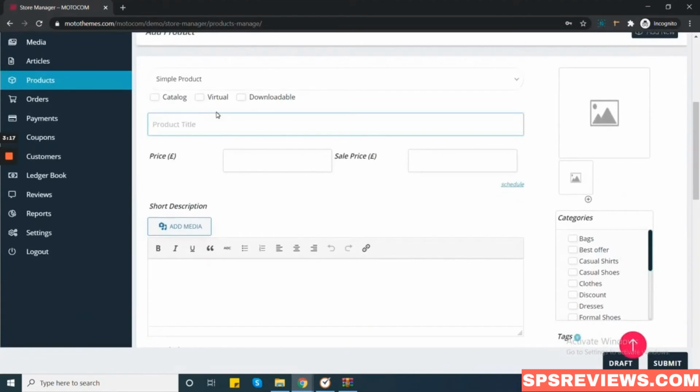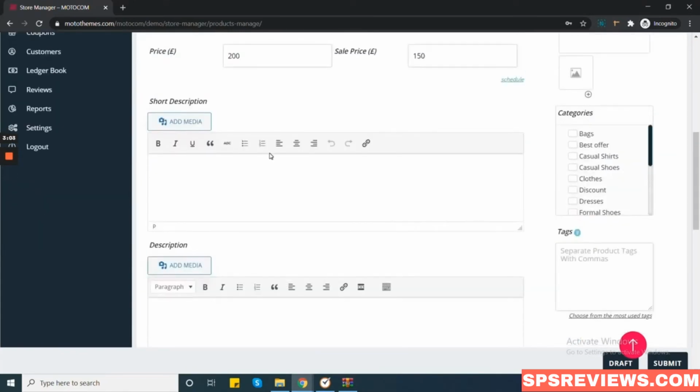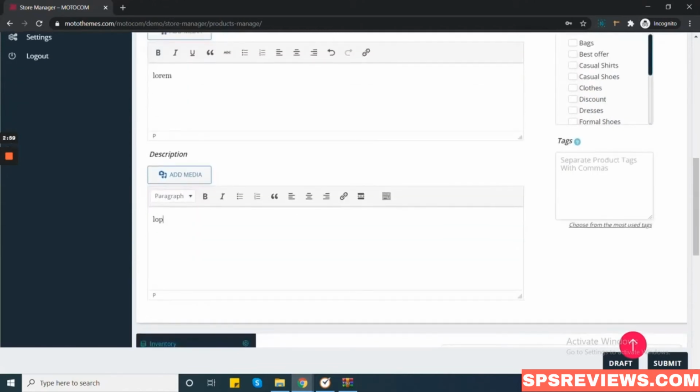the product title, its price, and the sales price you are willing to offer to the customer, along with a short description and a description for the same.